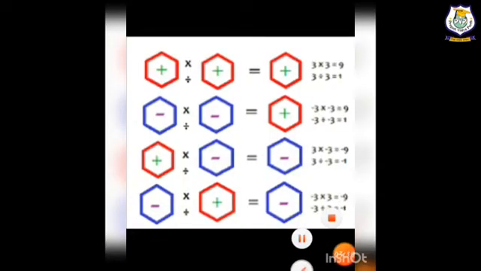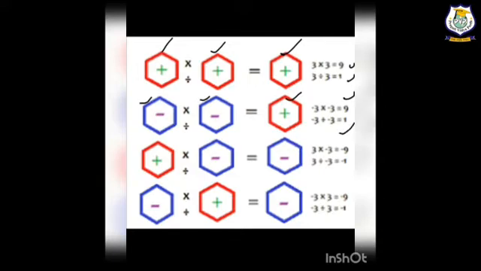Here again I will tell you why I am saying that both follow the same method. Like you have seen here, the first one is positive and the second one is also positive, and we are doing multiplication and division both, then we get our answer with the positive sign. Like 3 multiplied by 3 is 9 and 3 divided by 3 is 1. Both answers have the positive sign, because we have taken both numbers with the positive sign. Now in the second one, the first is negative and the second is also negative, and we are doing multiplication and division, so again we get the positive sign. Here minus 3 multiplied by minus 3 is plus 9, minus 3 divided by minus 3 is plus 1.